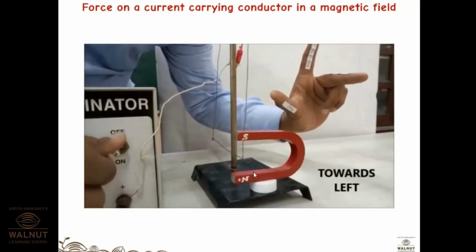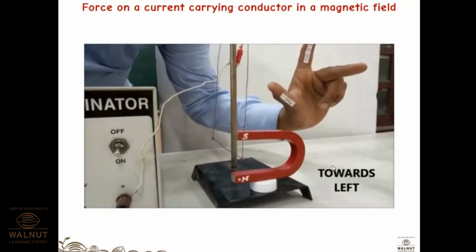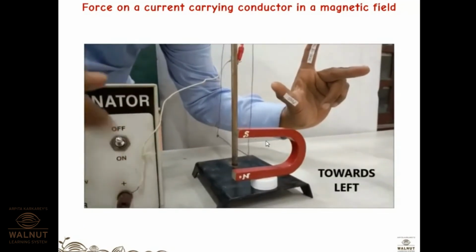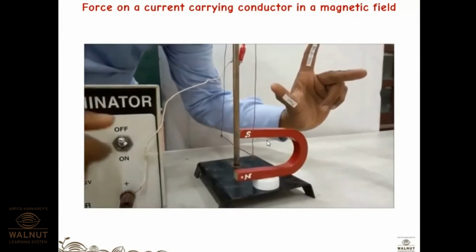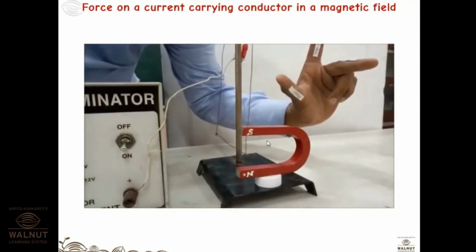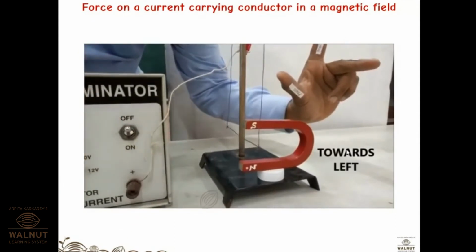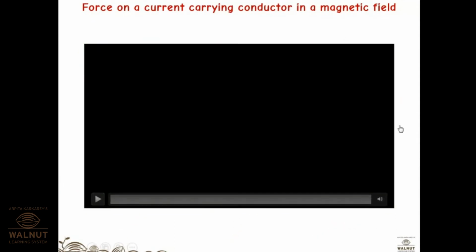Let's check. It is going towards the left. We can see that the deflection in the wire did happen on the left hand side. Let's check one more time. So this was the demonstration of Fleming's left hand rule. If you are given two conditions, then you can find out the direction of the third one, provided you know what all three fingers represent: FBI, force, magnetic field, and current, and also the statement.